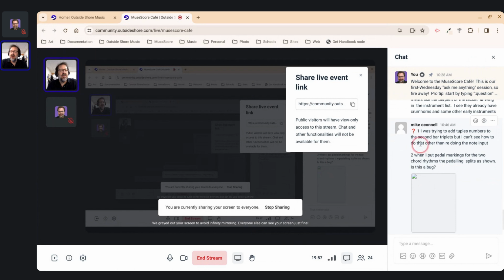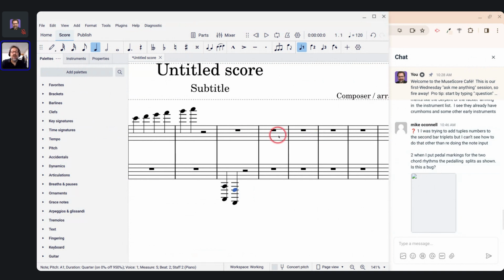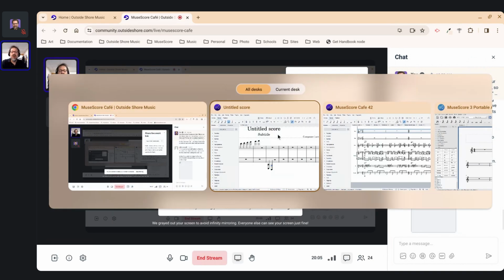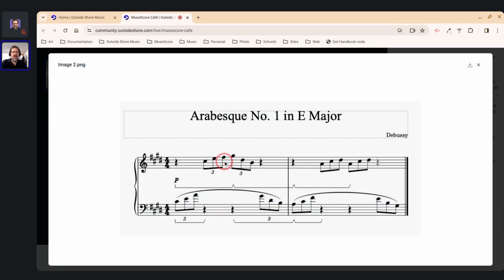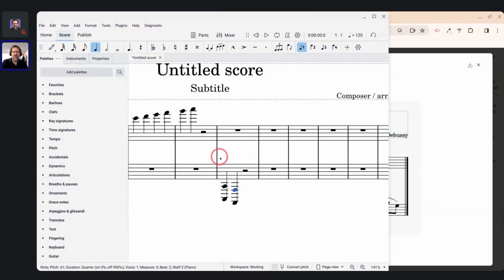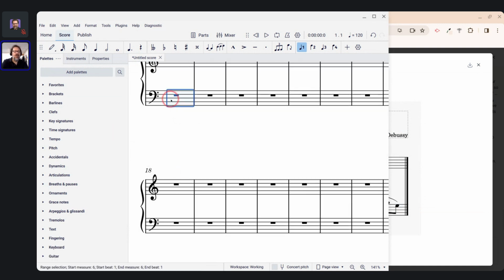I had triplet numbers in the second bar. So I don't know how you got rid of them. You must have made them invisible because normally they would be there. But let me go ahead and just enter that myself. So I'm going to enter just the bottom staff, and I'm not going to worry about, well, let's get the notes right. I'm going to make it be in C sharp. I mean, not C sharp, E sharp or C sharp minor